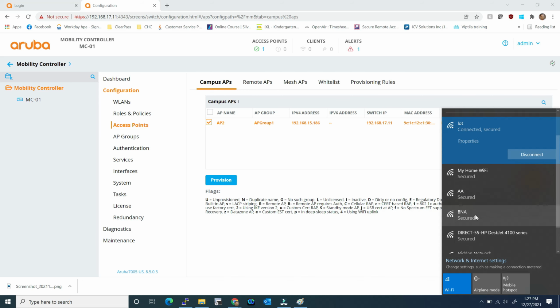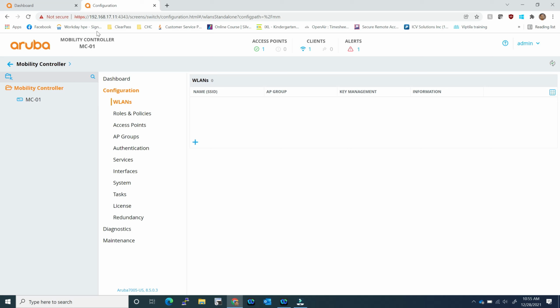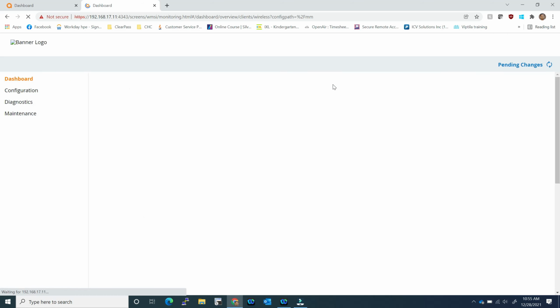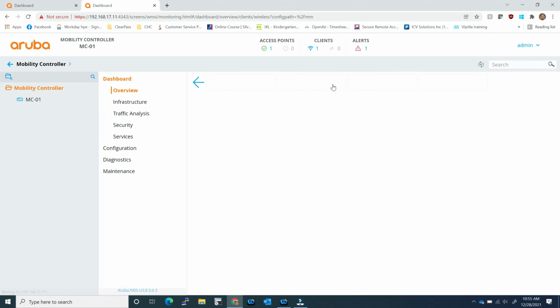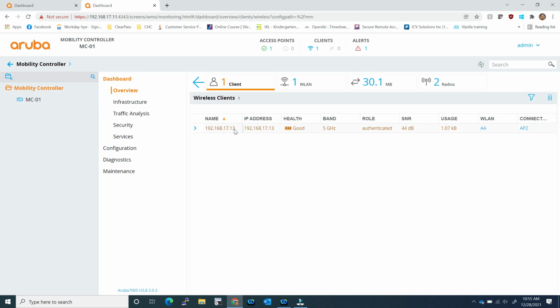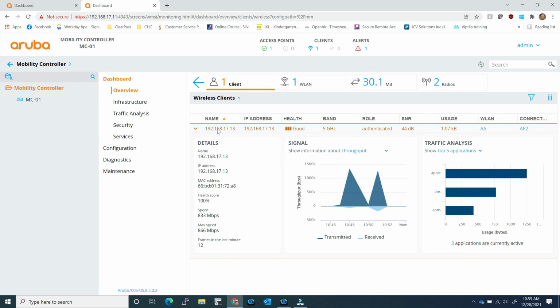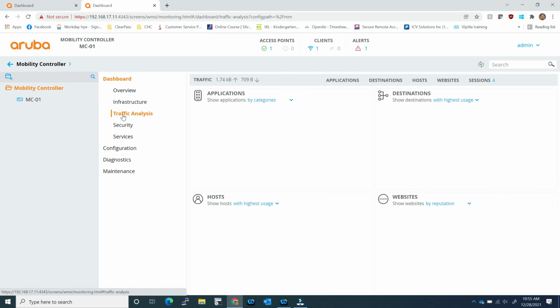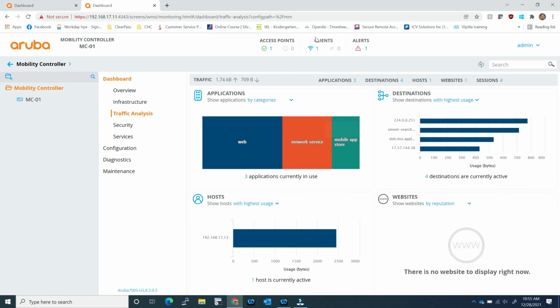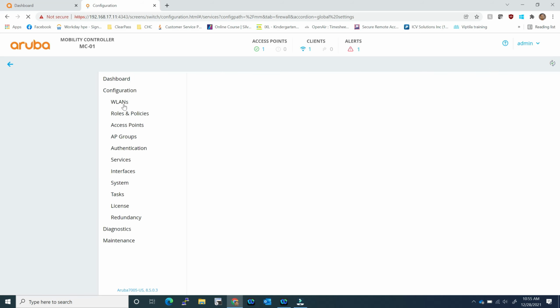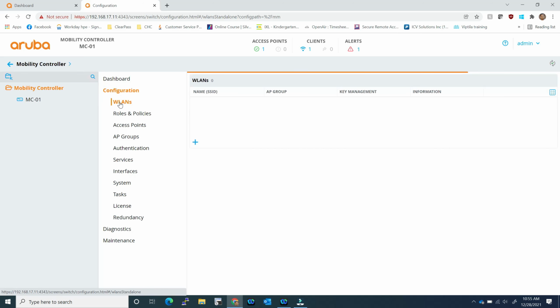So there you have it. Just wanted to show you that I have connected my iPad with my MC01, the standalone controller, which is pretending to be the American Airlines controller. And you can see that my device is connected and it's got some traffic going. So definitely it goes out and it can access the network. And wanted to also show you one thing, that this particular controller, as far as wireless LAN goes, is hosting